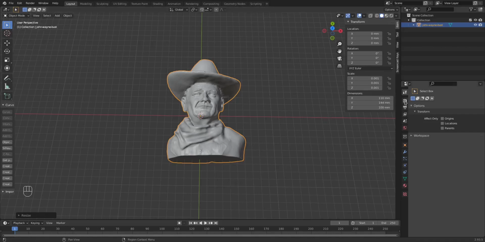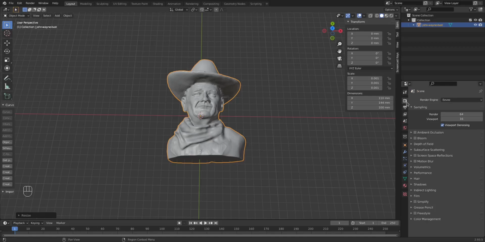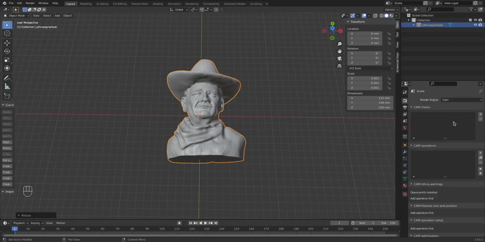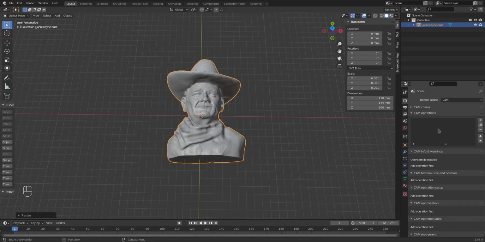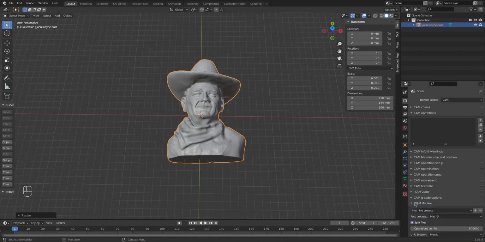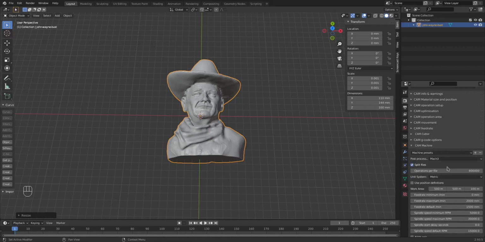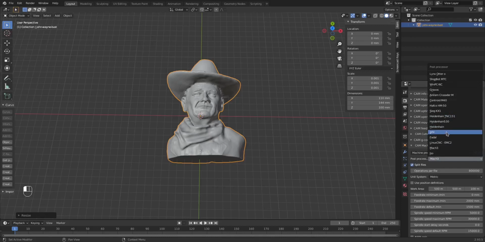So next we'll go ahead and go into our render properties. We're going to swap that render engine to CAM. We won't be making a CAM chain today, but under CAM operators, this is where we'll be adding our operations. I'm going to Ctrl click on that just to minimize everything else. I'm going to go ahead and set up my machine first. So under machine, my post processor is GRBL,